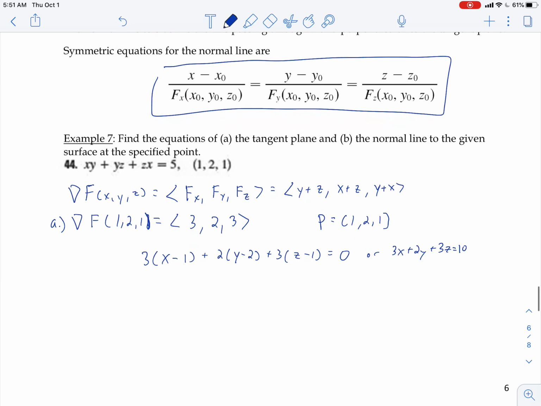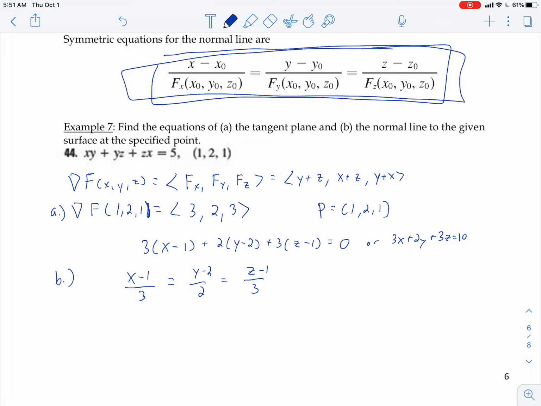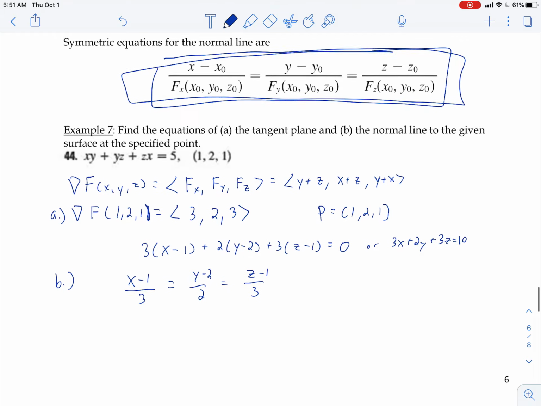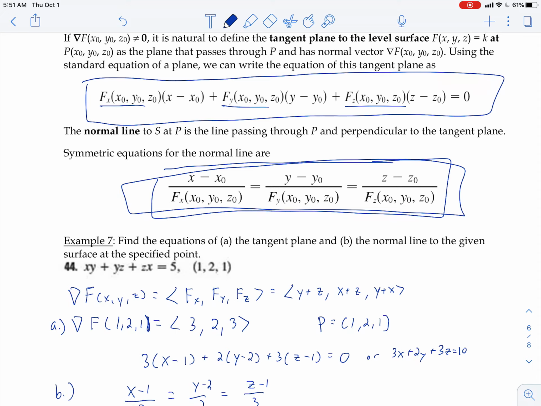Now let's find the normal line. The normal line is going to be x minus 1 over 3, y minus 2 over 2, and z minus 1 over 3, and that corresponds to our normal line symmetric equations. So hopefully that wasn't too bad for you. Again, the most important part is knowing the symmetric equations for the normal line, and then the equation